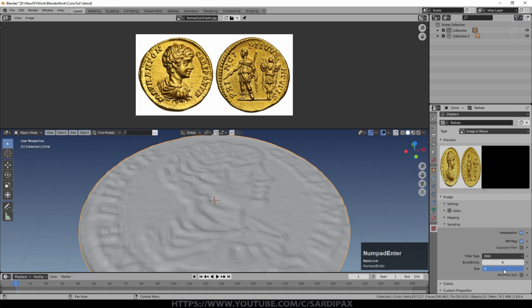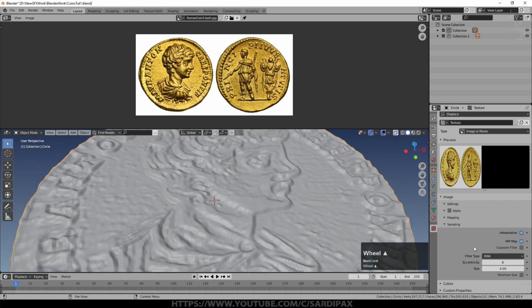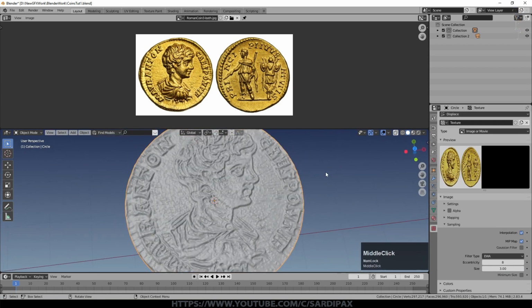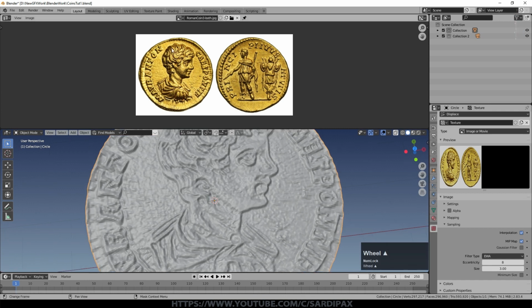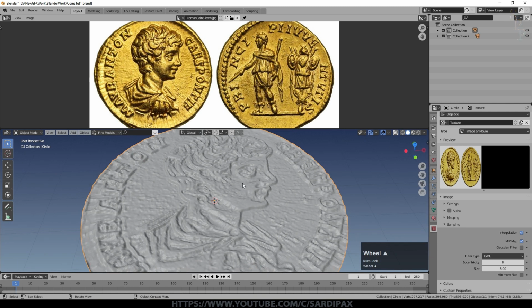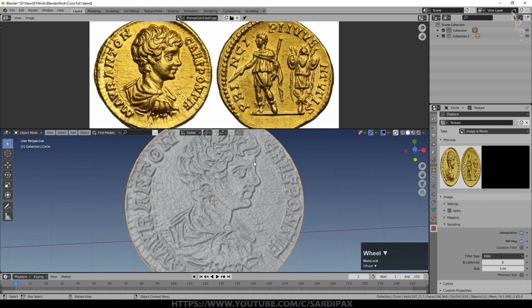So let's try 4, and that's not too bad. Maybe go even lower than that, 3. So we've got a bit of detail showing up. Now this isn't perfect because I'm not using a proper height mapped image to create this. You could draw one, of course. So you can see on the cheek of this image where it's very bright, we don't actually get a raised area down here. It's mostly creating the outline where there is obviously light shining on it. So these images haven't been created for this effect, but nevertheless it does give you a pretty good impression of a coin.